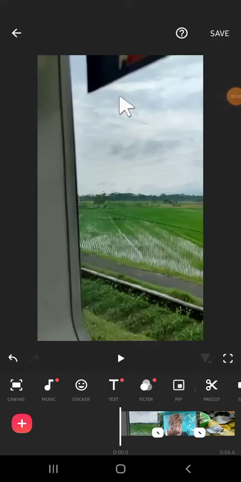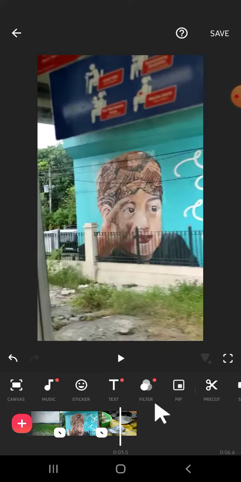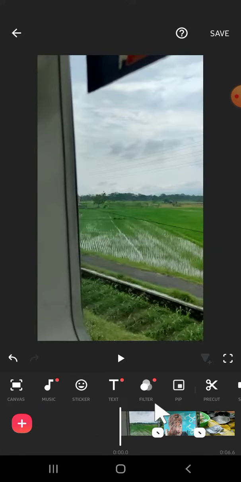In today's video, I'm going to show you how to apply the same filter to all clips at once on the InShot application. Alright guys, here I have imported some clips to my InShot project. As you can see, there are 3 video clips on my InShot project, and if you want to apply